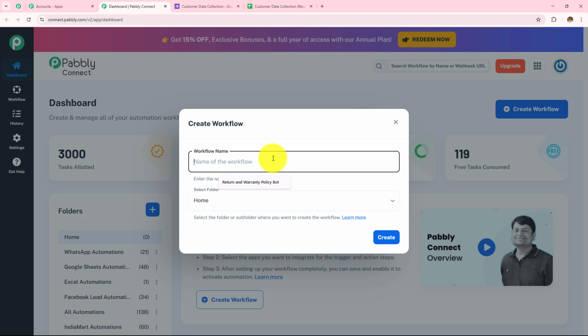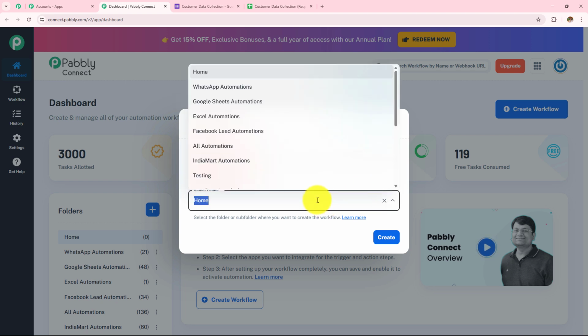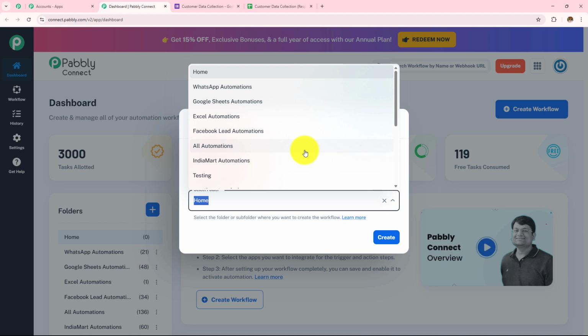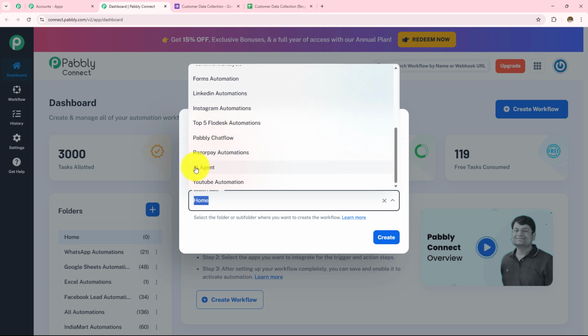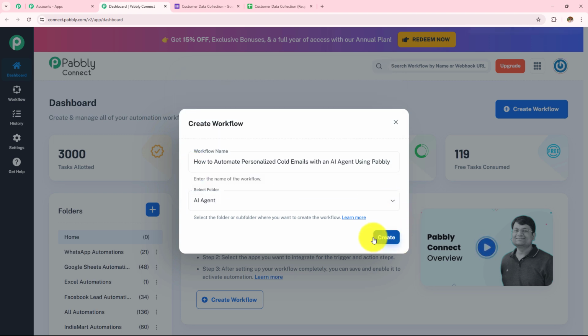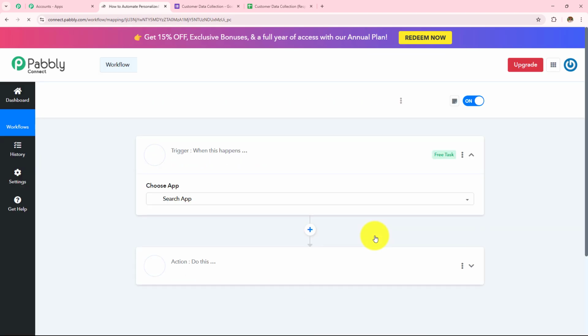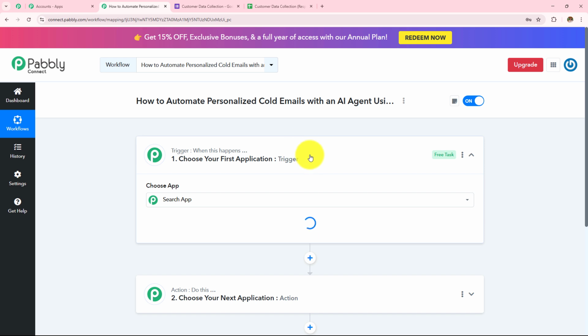So first, let's name this workflow as How to Automate Personalized Cold Email with an AI Agent Using Pabbly. And now I need to select my folder. So these are the folders which have been created. And here I'm going to select this as AI Agent and then click on Create. So here workflow created successfully, and now as soon as I click on create, two boxes have appeared in front